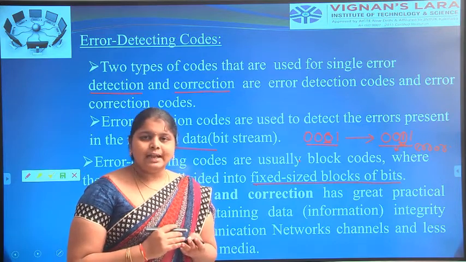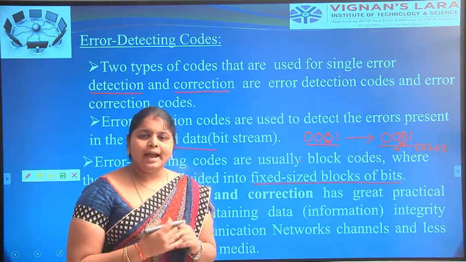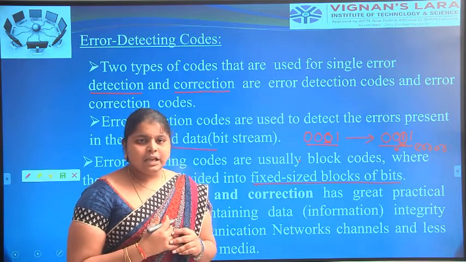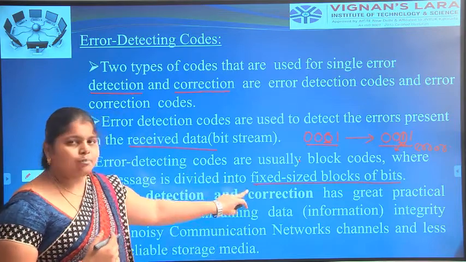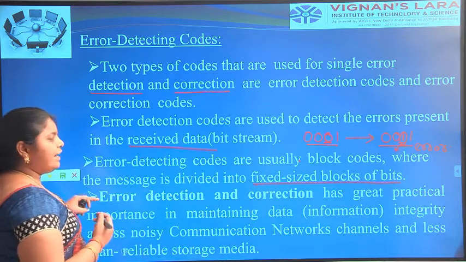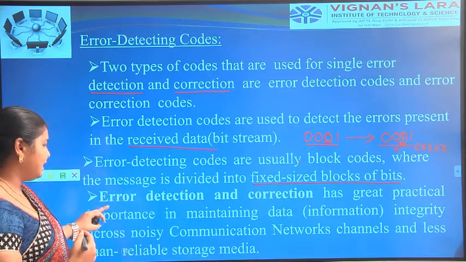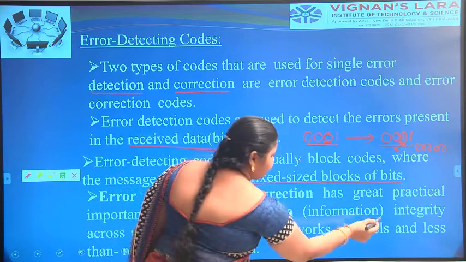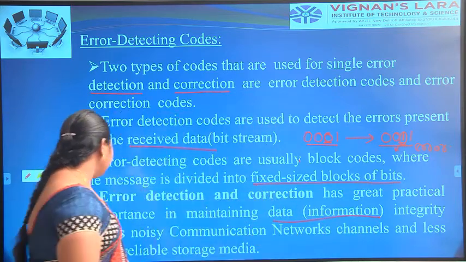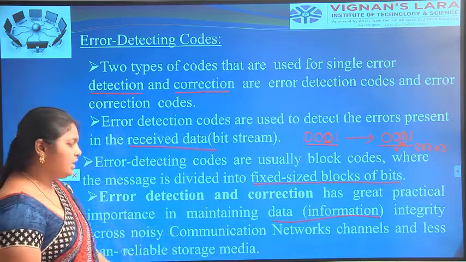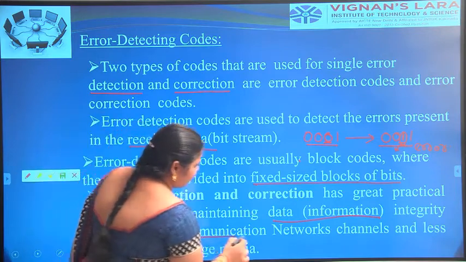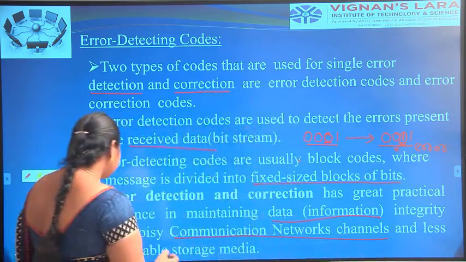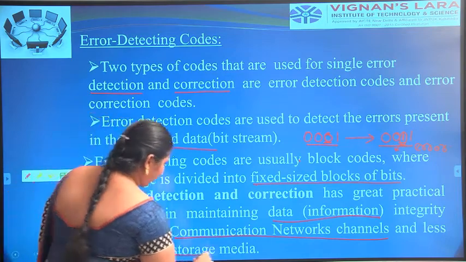The message contained in the form of binary data bits is called a fixed-size block of bits. Error detection and correction has practical importance in maintaining data integrity across noisy communication network channels and less reliable storage media.